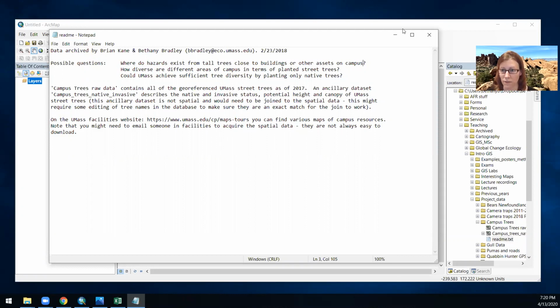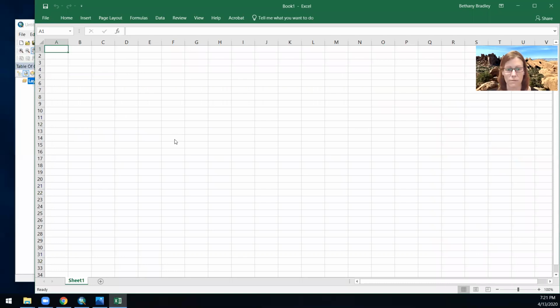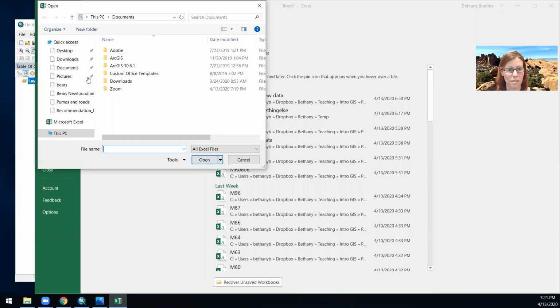I want to just talk about what we can do with tree diversity. The first thing that I was noticing is that when I try to bring one of these Excel files in, GIS is not having any of that. So since GIS and Excel are not the best of friends in the best of times, what I'm going to do,